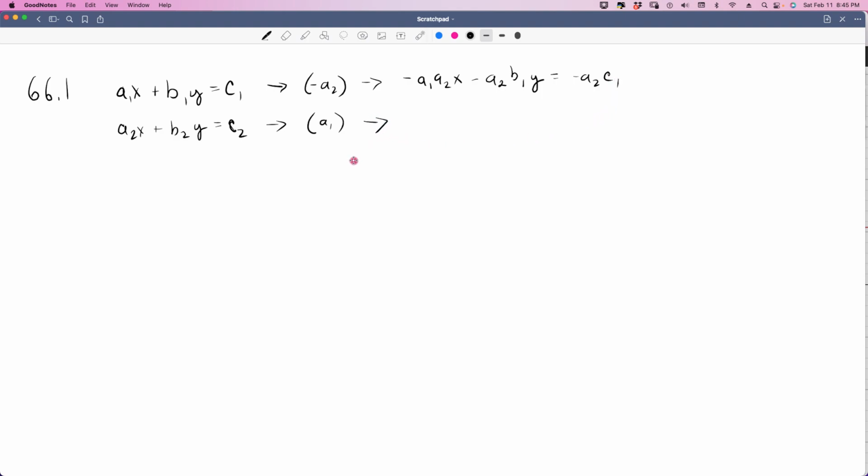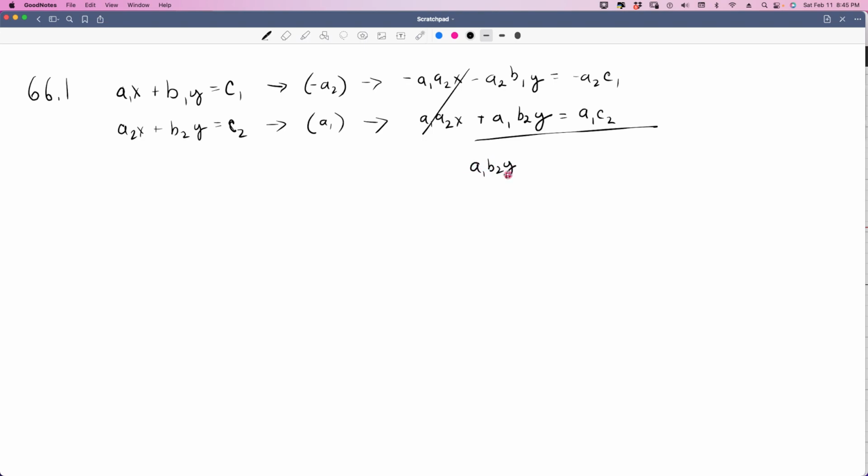And then this one would become a1 a2 x, or I'm sorry, plus a1 b2 y, and that would be a1 c2. So these would cancel, which means we're left with a1